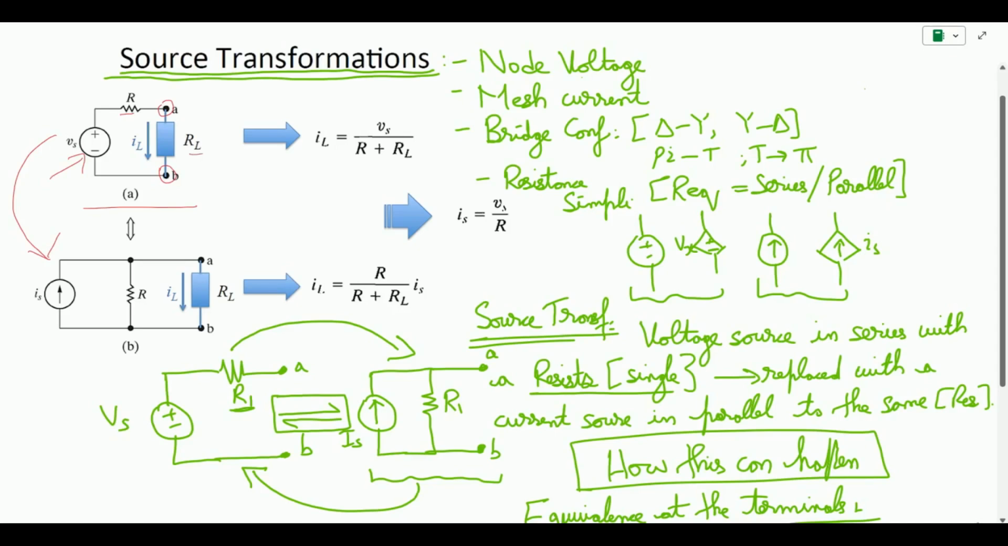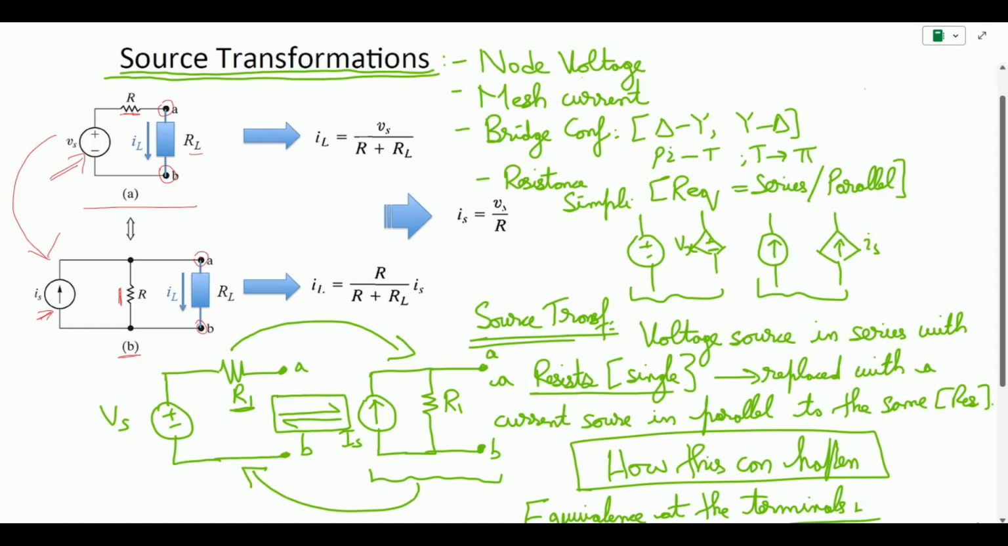Okay, we know from the source transformation that if I want to convert this voltage source into a current source, its configuration will look like an independent current source Is, and the same resistor R is going to appear in parallel to the source. Now let us consider that the load is connected to the terminals A and B of image B,